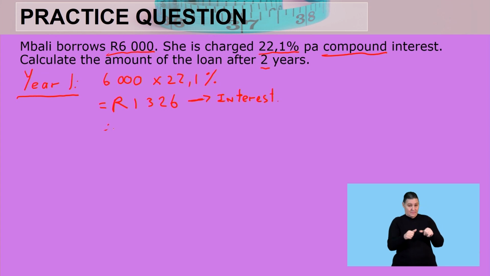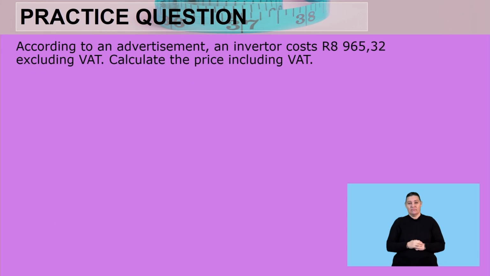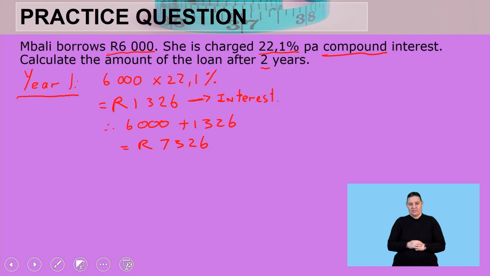Then the amount at the end of year 1 is the 6,000 Rand plus the 1,326 Rand. And this gives me 7,326 Rand. Nice. So year 2,